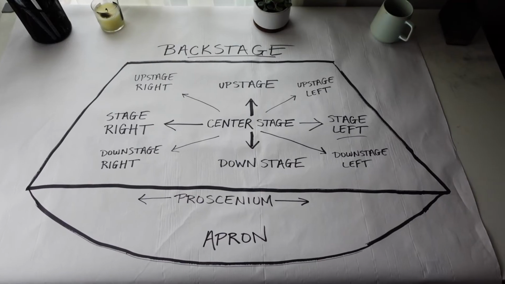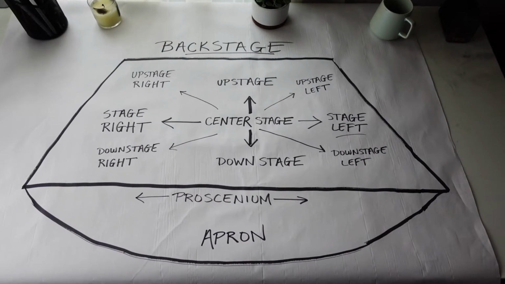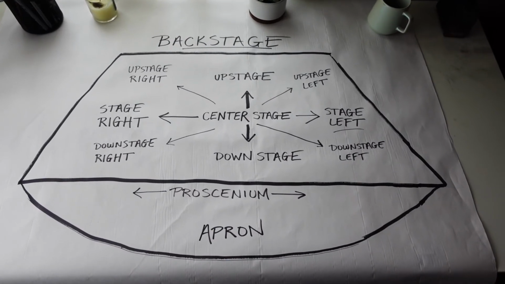Now there's up center, which would be the back of the stage up in the middle. It's a less used place than down center. Up left is up here. Down left is down here. Up right, down right. So it's basically quadrants on the stage. So you can figure out where your people need to go and then label them accordingly.